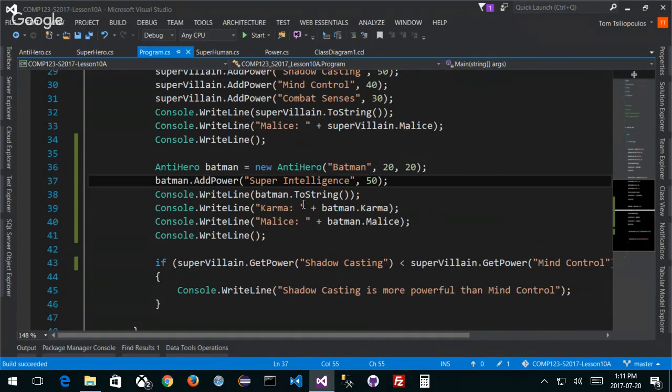He kind of, if he does both, does he lose karma and gain malice? Kind of. That's what happens, right? He feels bad in one way, but it feels good because he's doing what he has to do, right? So that's more complex, and that's why we love anti-heroes when we watch them on TV, right? They're not as vanilla